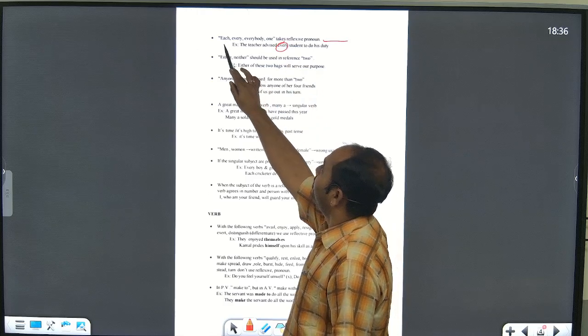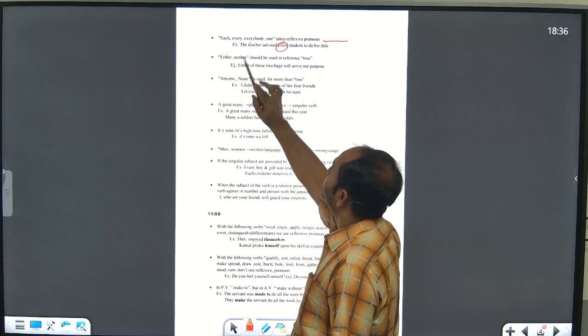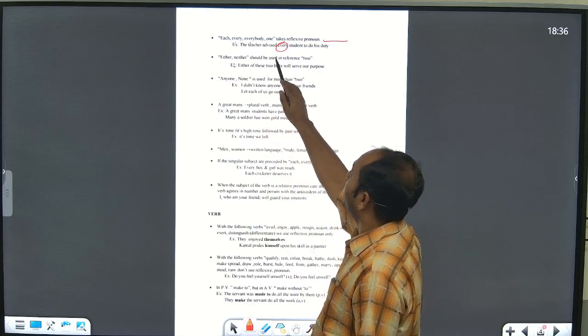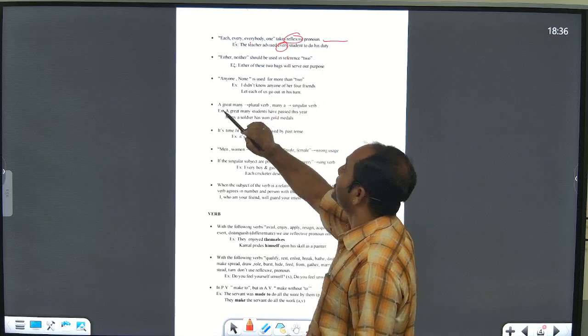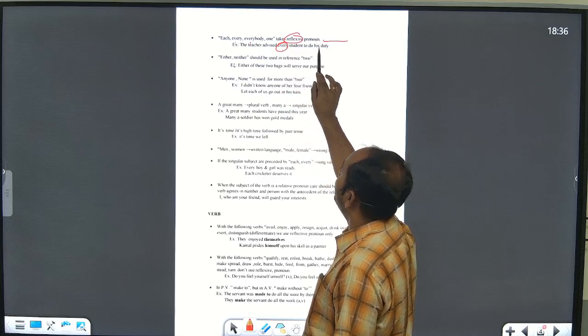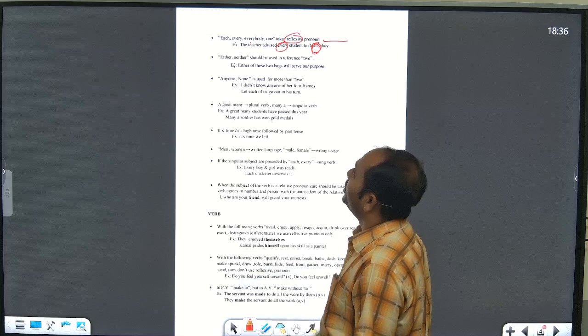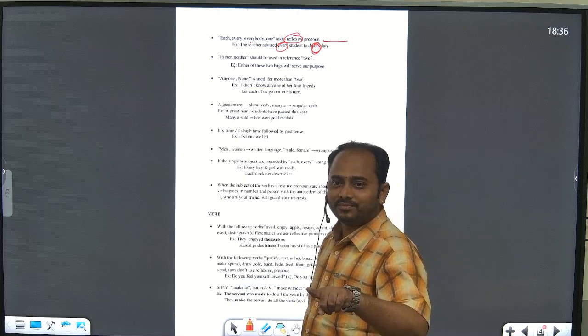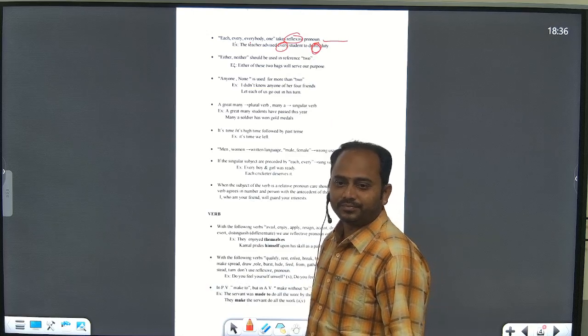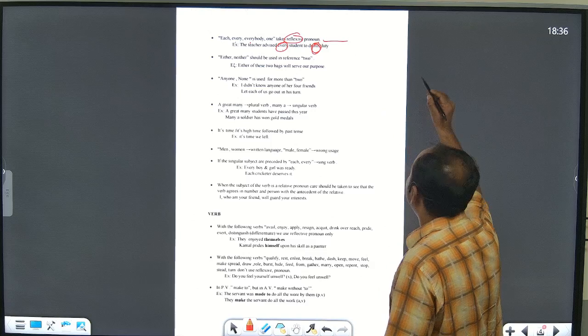As per our term, each, every, everybody are one. They take reflective pronouns we mentioned. So here the teacher advised every student to do his duty, as it is a singular. His duty or her duty also you can mention here. Okay. And if you write a sentence with one, one should follow